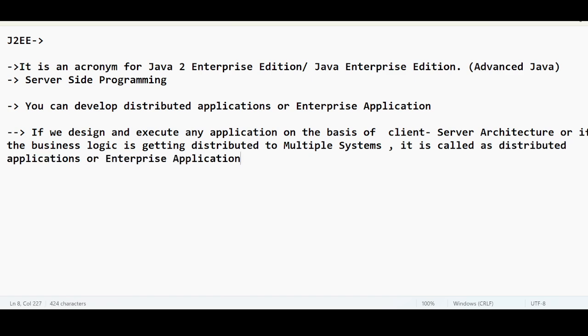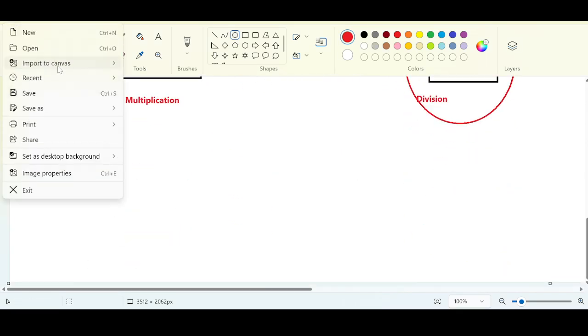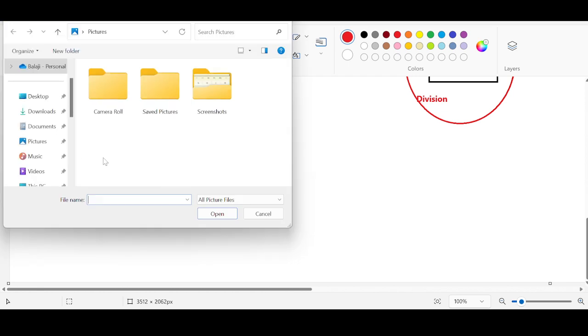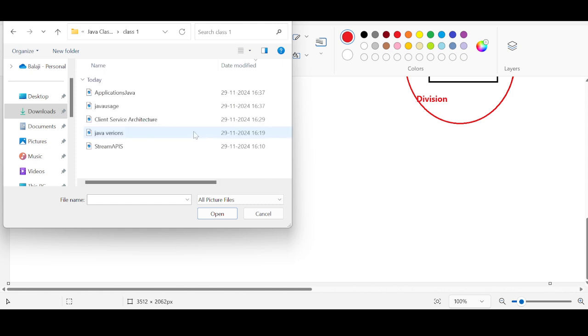Distributed applications or enterprise applications. Okay. Java popularity is very high in the market, guys. Why am I saying it is very high? If you look at the significance, so many companies are dependent upon the Java programming language. So what are the companies? The major company that I have come across is Western Union. You might have heard, very popular money transfer in the market, right?